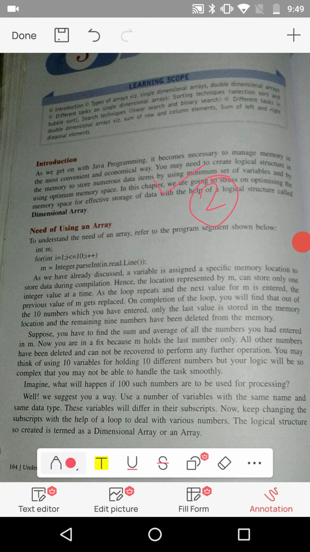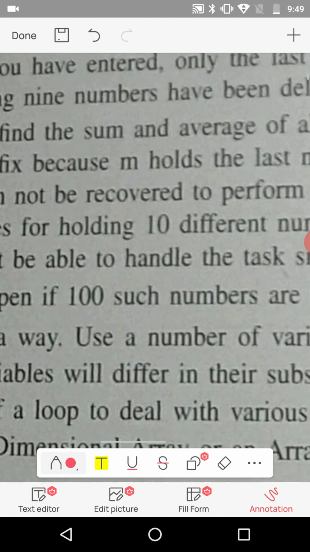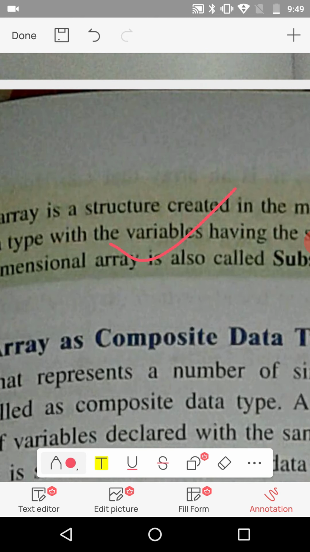So I have checked the first one. In the second one I have read the answer, and in this part I am having some problem. That means I am having doubt. This part is not correct. So I will make a circle here, or you can use the highlight pen. After that, if this answer is wrong, then I will put the cross mark here. No marks allotted. Now move to the next part. Suppose this answer is correct, I will give 5 marks here.